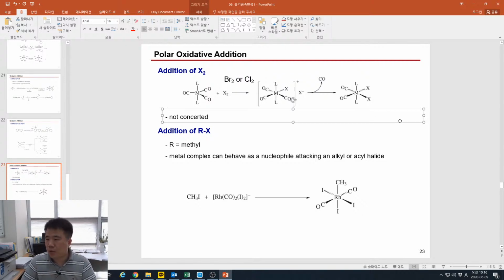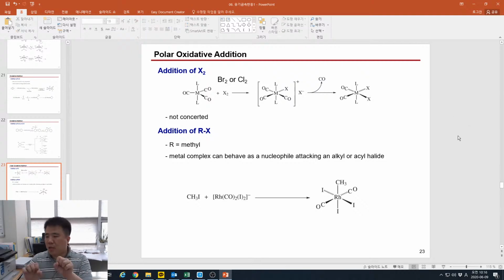As you know, in Br2 and Cl2 the bond is non-polar. However, Br and Cl are both electron-rich and the electronegativity is high. So if you think about the addition to a double bond,